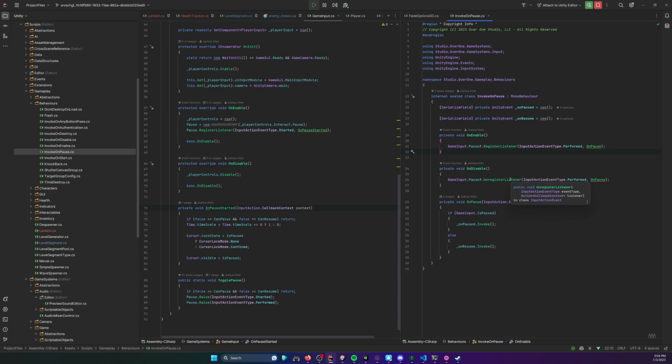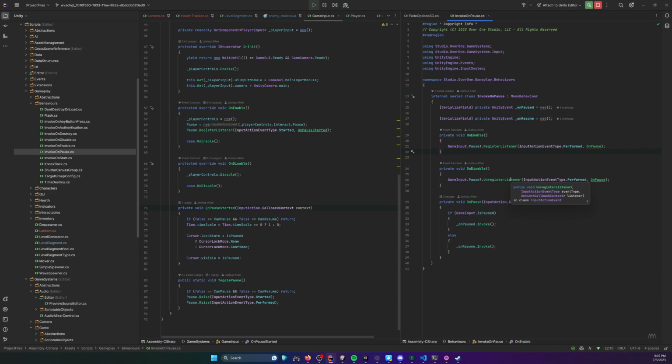And that worked great until the player presses the resume button, because the resume button cannot simulate a user's input. So that pattern kind of breaks down,